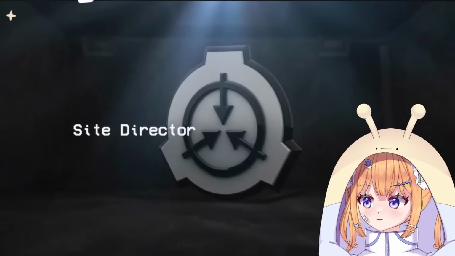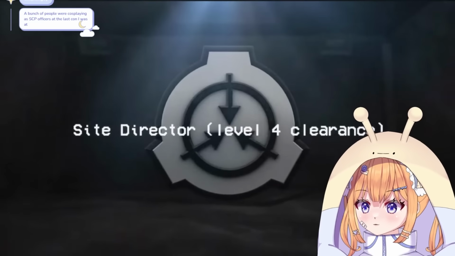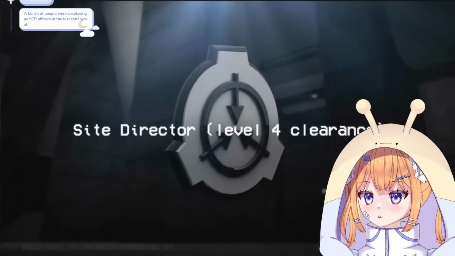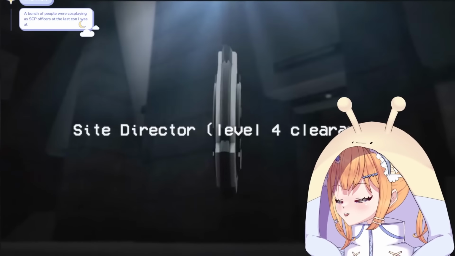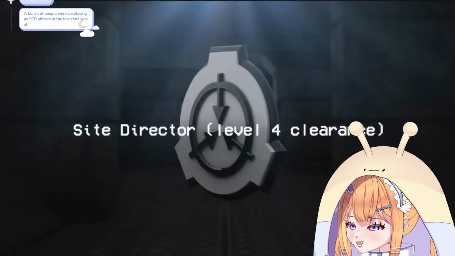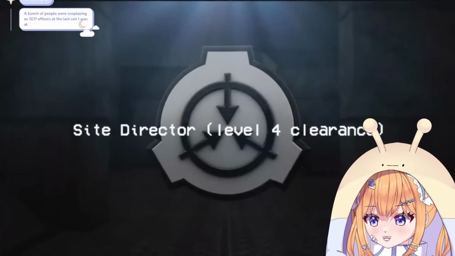The leaders of individual areas or sites are high-ranking Level 4 researchers known as Site Directors. There are few in the Foundation that rank higher than Site Director, and they are the